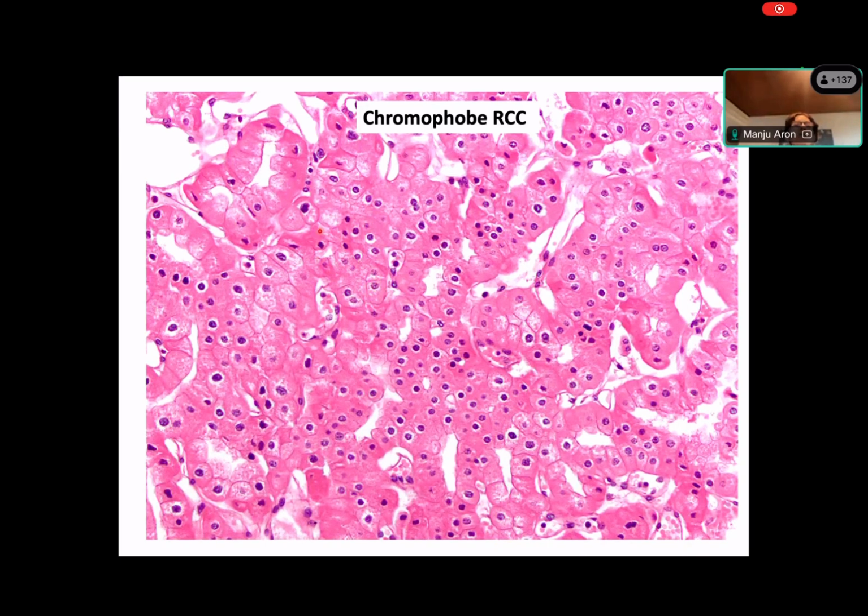But what you see is the perinuclear halos. The nuclear membrane irregularities still remain, and you can see the membrane prominence, right? So this is an example of chromophobe RCC.